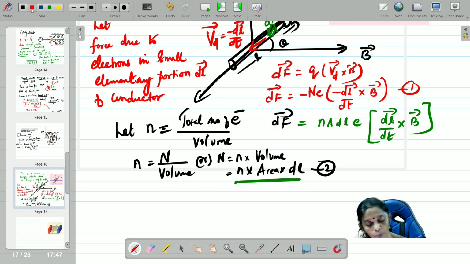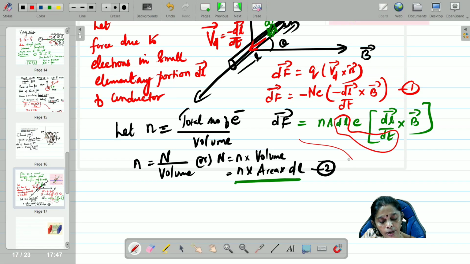Now slowly I am going to combine this here children like this. Okay, concentrate well now. Don't get diverted, distracted. Listen. Very simple way you can learn. That is all, children. Now df vector is equal to n A dl by dt, that is nothing but n A e Vd.